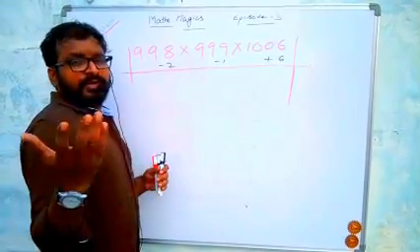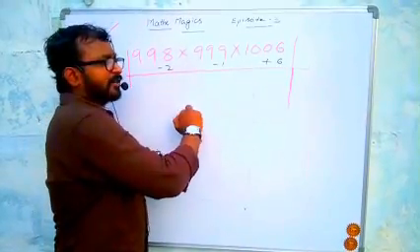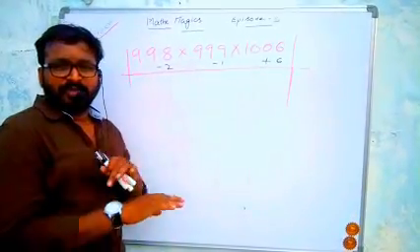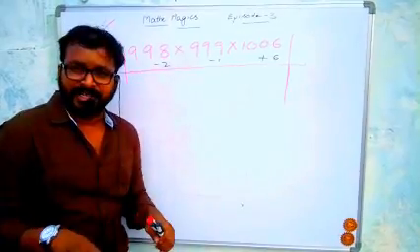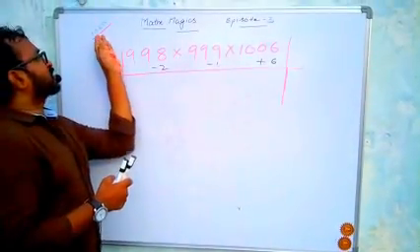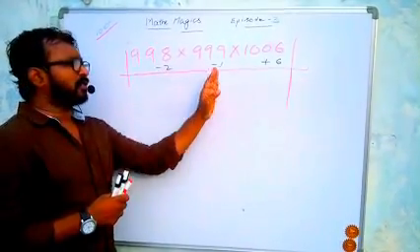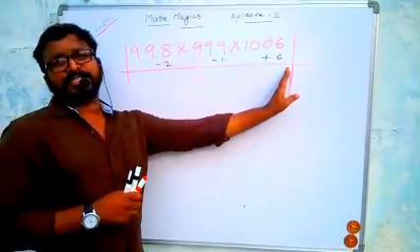Usually we used to find the product of these two, and again that product would be multiplied with 1006. We need not solve all these petty things. We are able to solve in a single line. See, its base is 1000. 998 is less than 1000 by 2, 999 is less by 1, and 1006 is more than 1000 by 6. So minus 2, minus 1, and plus 6.